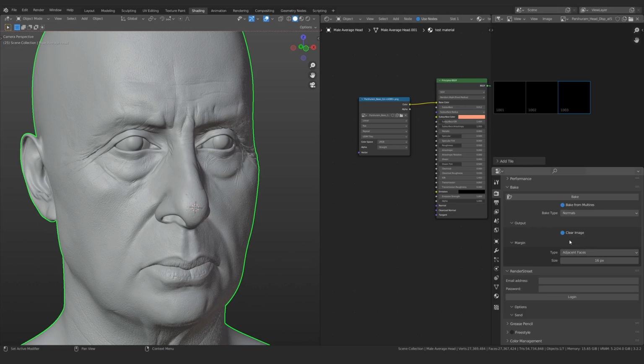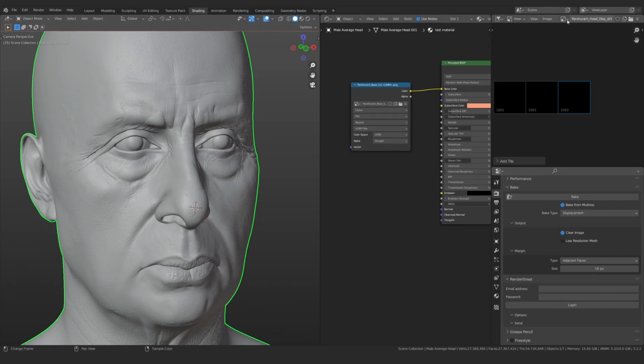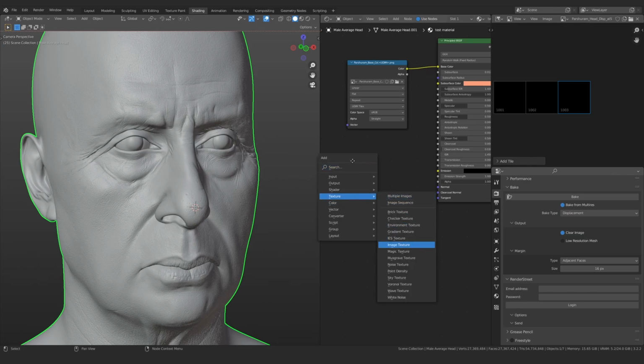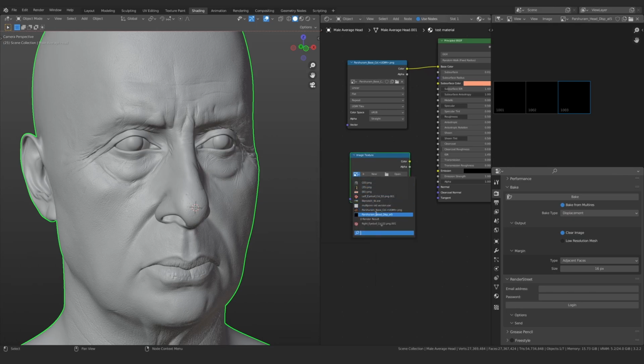So first thing first, the bake type is gonna be displacement, as you can see. Also, one of the important things, you need to make sure that you actually add the image texture in the node setup. I really hope that you know how to bake stuff, by the way, because this is super basic. Also, I am in the fifth subdivision while this is baking, so that the difference between the map is not from the zero, like from the lowest subdivision, but from the fifth to sixth subdivision.